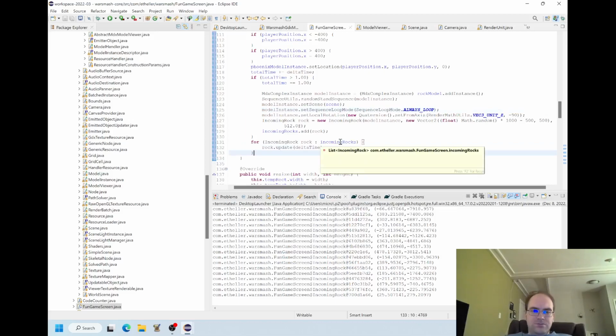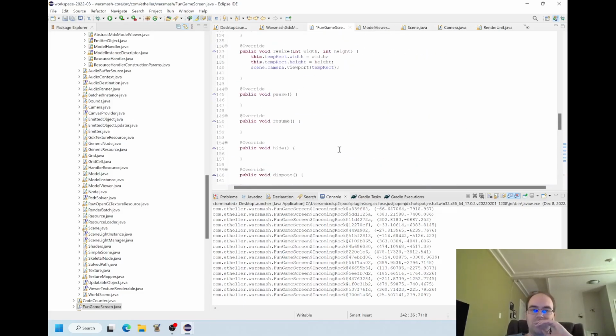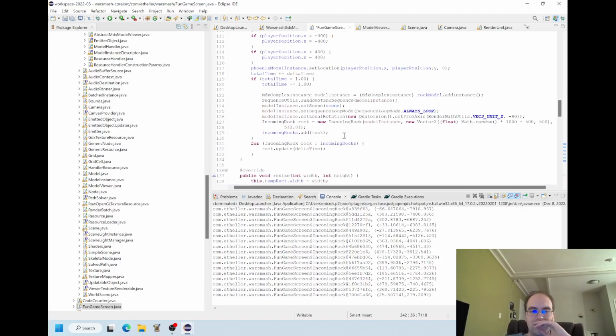And what does that look like? I guess we could have a destroy function on the rock, and one of the main things that's going to do is take the model instance of the rock and call detach on it, which detaches it from its given scene. It basically unloads the 3D instance of that rock so that it's no longer going to be there.